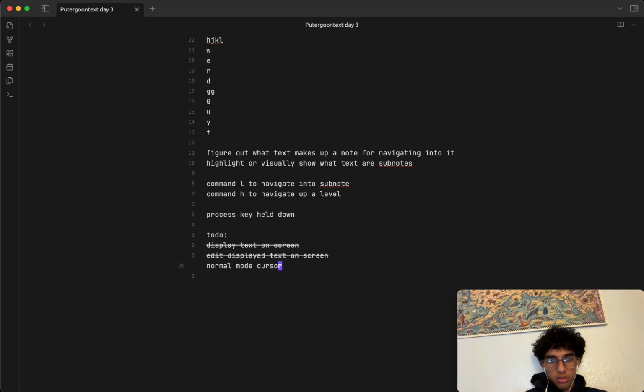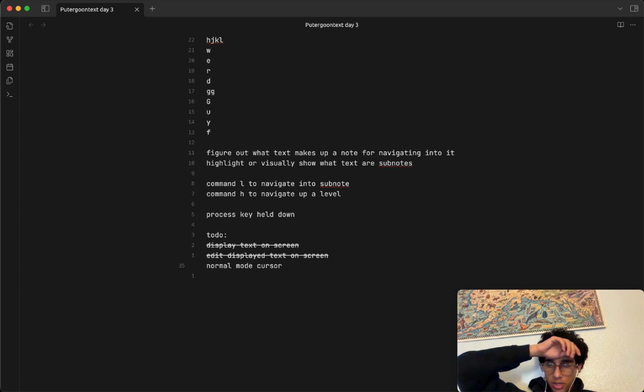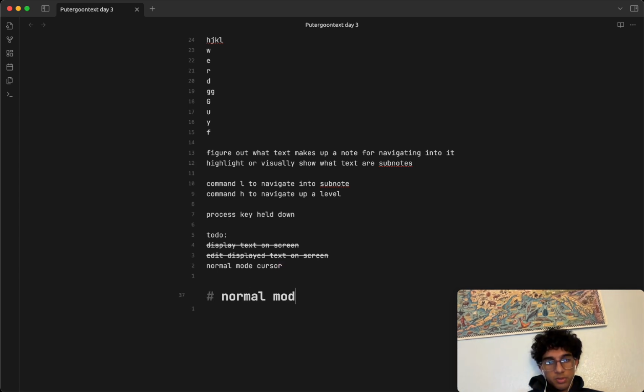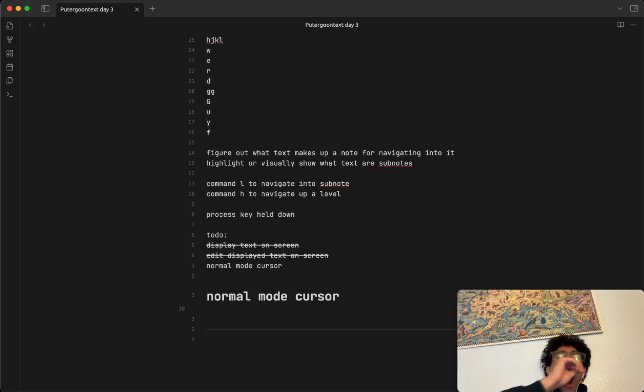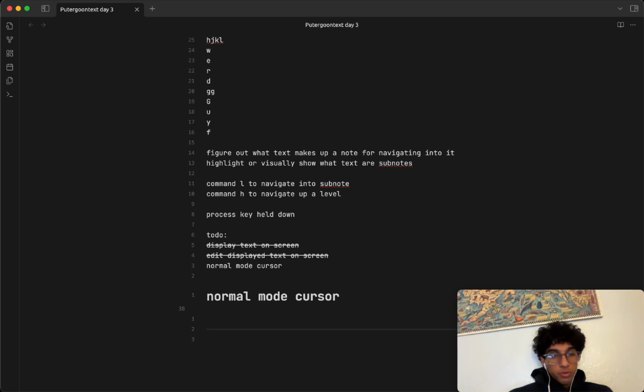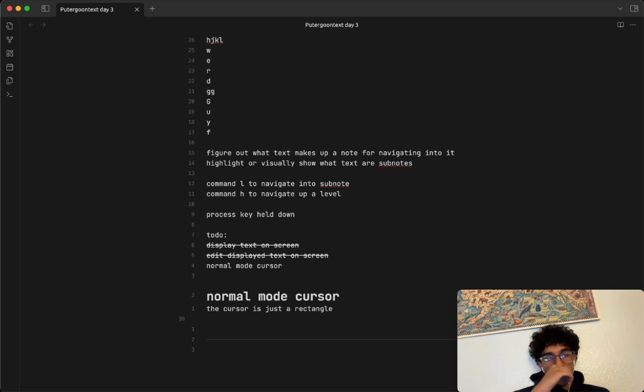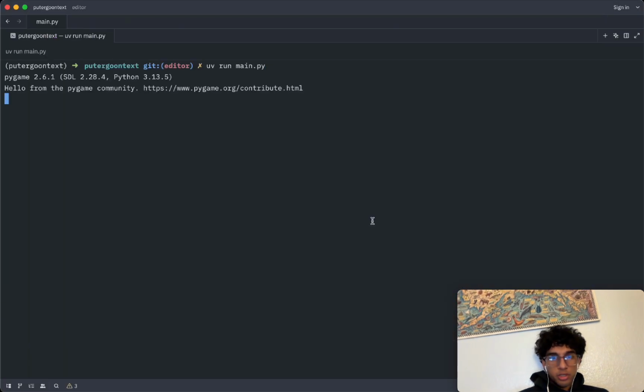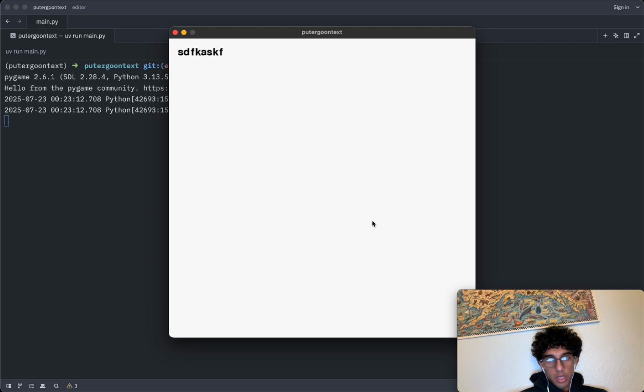I think once I figure this out, I'm gonna call it for today. But okay. What would this entail? Okay, so the cursor is just a rectangle, right? It's just a rectangle that, say,